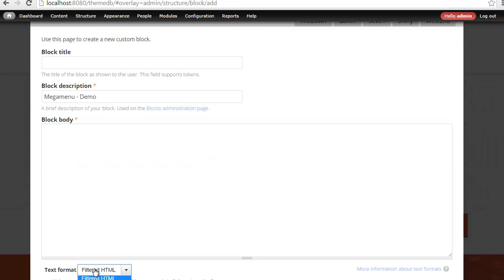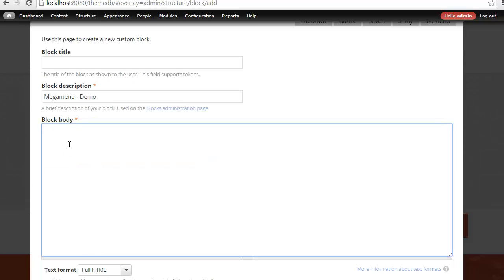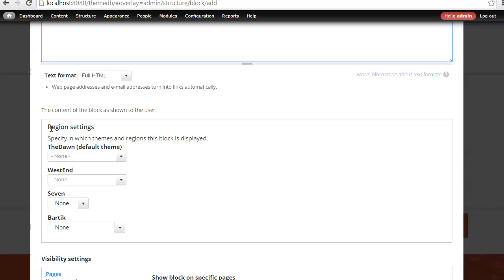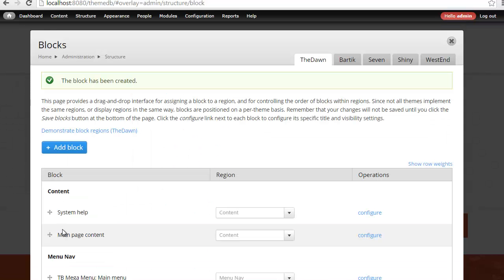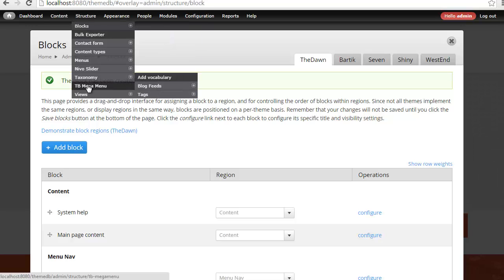And in here, I can make use of the same HTML elements that are a part of the site. So let's say that I wanted to create just one string of text. That should be good enough for now. So I'm going to come down here. I don't need to specify a particular region. All I need to do is come down here and hit Save Block. Once I do that, I can come back to Structure, TV Mega Menu,